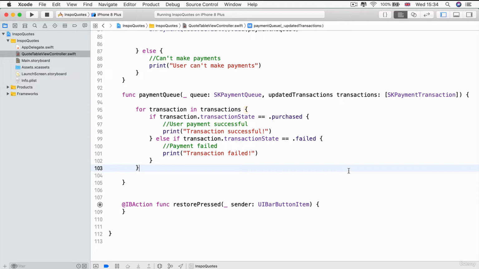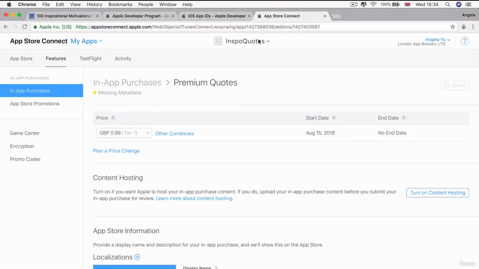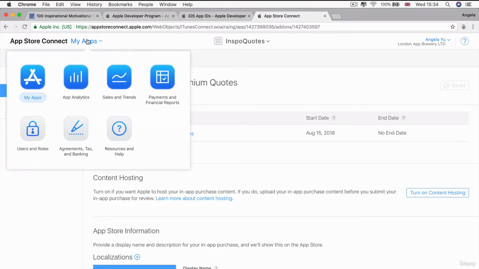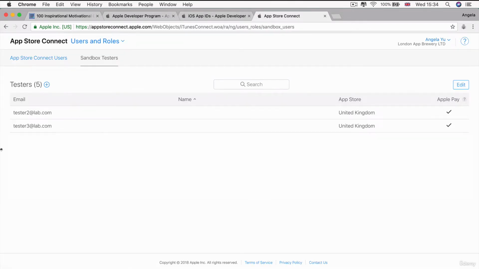So now we are going to create a Sandbox user in order to test this without having to pay every single time we test it. So let's go into, again, App Store Connect, and we're going to go to Users and Roles here. So just click on this drop-down list to head over there. And if you head over to Sandbox Testers, then you can create some new testers by clicking on this plus